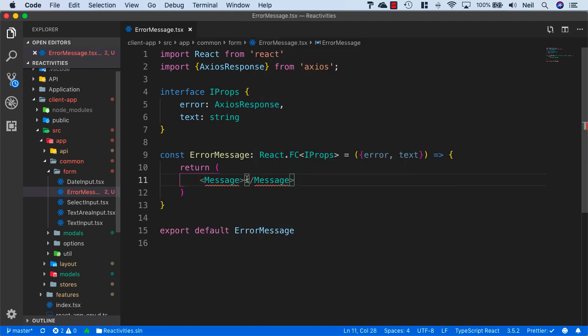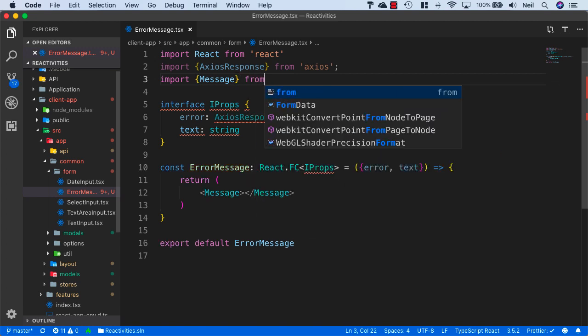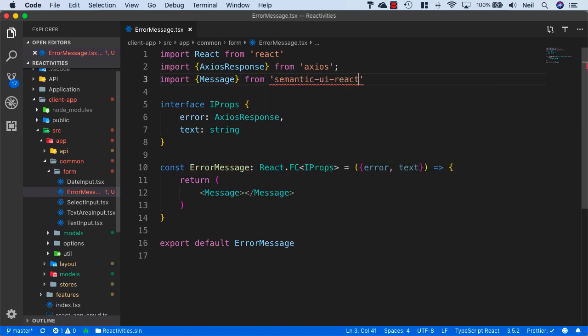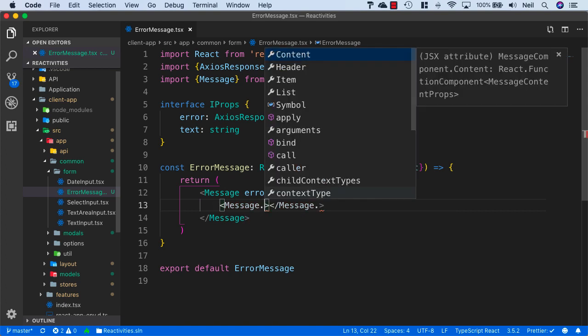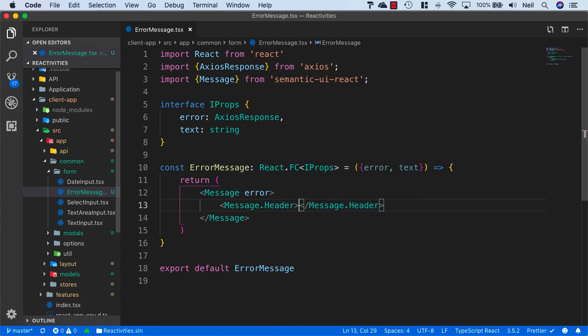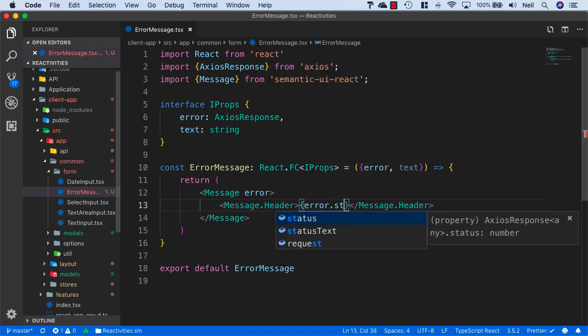It's very fussy, VS Code, so I'm just going to import Message from semantic-ui-react. And we need to specify this is going to be a type of error message, and then let's add a Message.Header, and inside the Message.Header we'll specify the error.statusText,